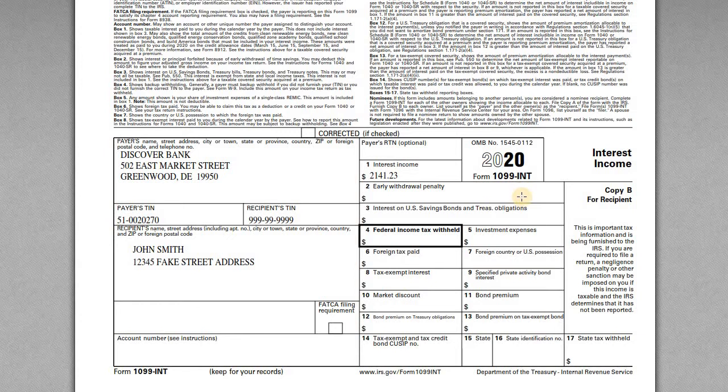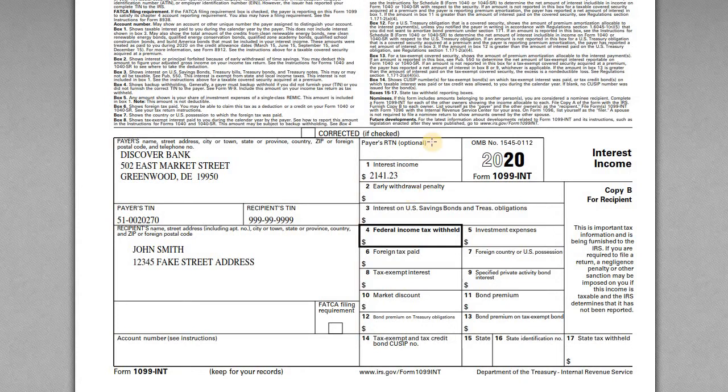If for any reason you had backup withholding, let's say, you might have some federal income tax withheld in box 4. This can also be reported on your form 1040. You would get credit for the taxes that are withheld on the income, but in this case, John just had the interest paid into his account, so he needs to report it on his tax return.